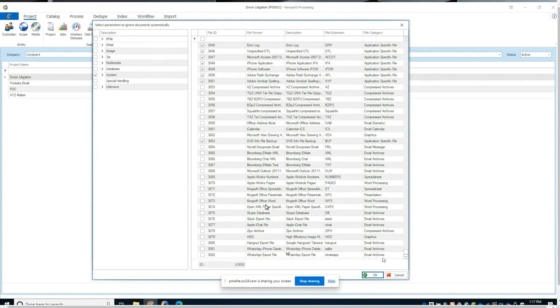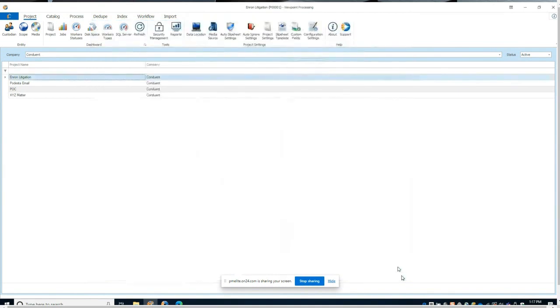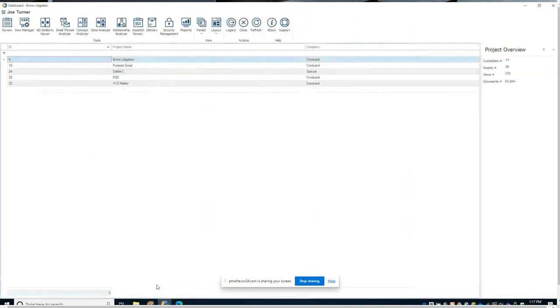Okay, so that was really it as far as the processing application. It's again very robust. It can do everything you would expect it to be able to do, and we think it does it really well. So with that having been said, I'm going to spend the rest of the demonstration in the review and analytics side of the tool. And this is the application that most of your users are going to be